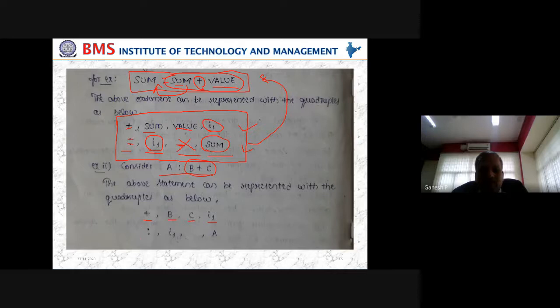Later we have a colon-equal, whatever it is, I1. Here also there is no second value, leave it blank. And the third one is where the result is being stored, that is A. In the previous case, it is intermediate because there is no destination, because still we are computing. Once that is done, since it is the end of the entire expression, we know the destination is A and we write that. So that is how we will be using this.